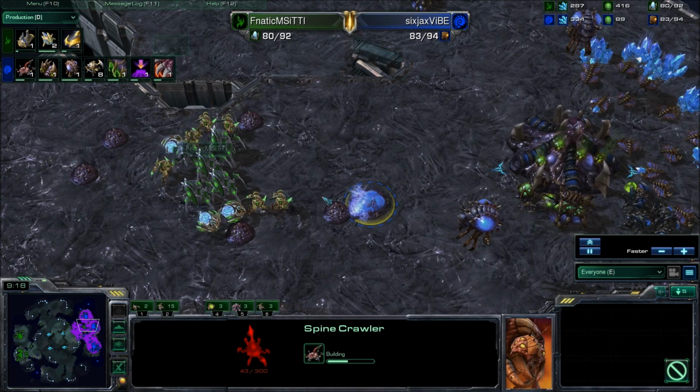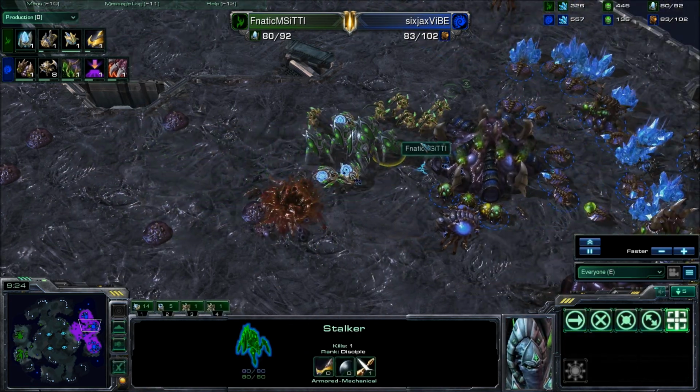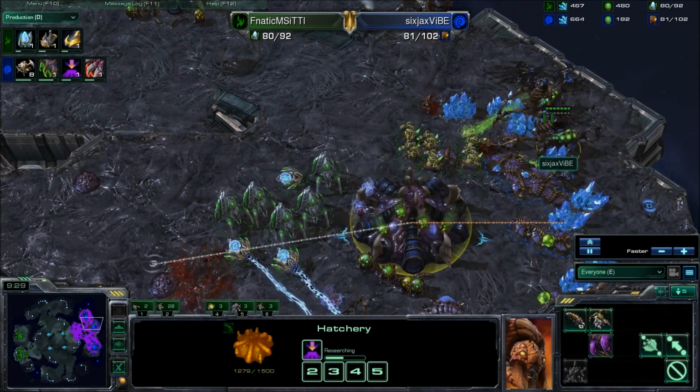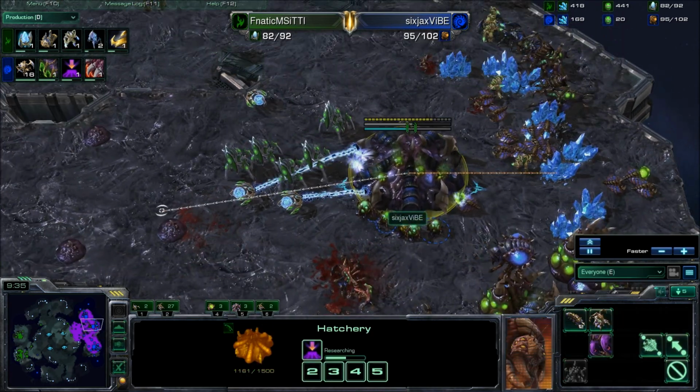The attack 1 almost completed. The spine crawler is going to go down. Zealots in front, stalkers in the back as well. And here comes TT1 pushing up, destroying some workers here in the back. But there's 2 queens and 3 roaches in the back doing a lot of damage, waiting for the roaches to